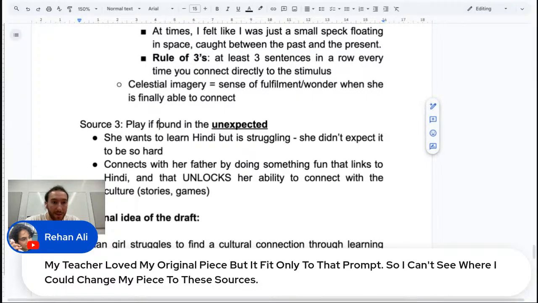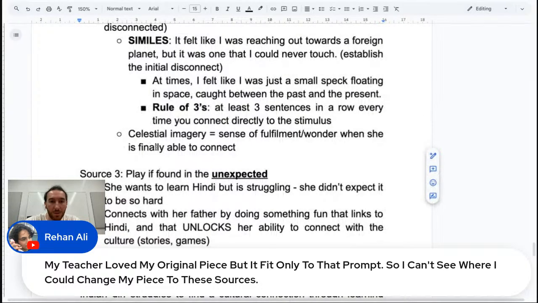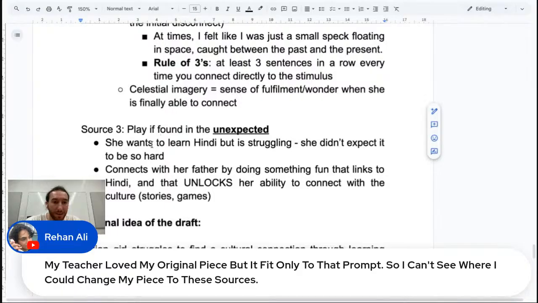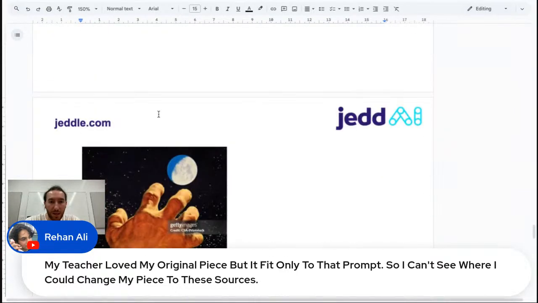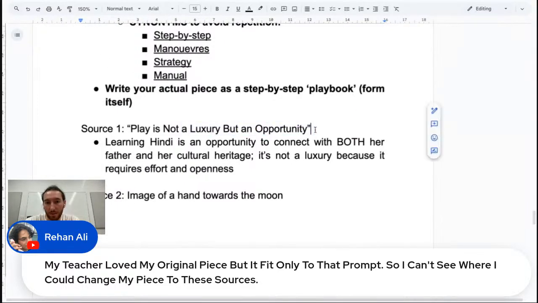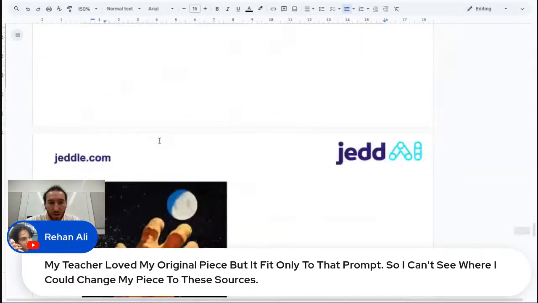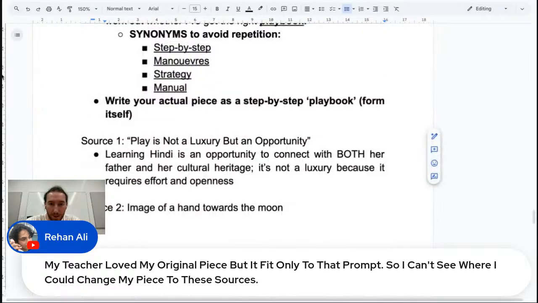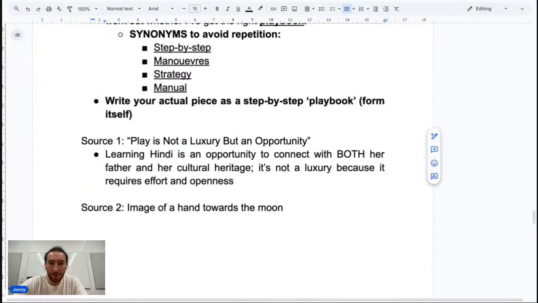I thought that this was going to happen. Like, you already had her trying to learn Hindi. What was unexpected is that it was through her father. So that one's clear. We've been through that a lot, and yeah, play is an opportunity. It's the same thing. So source one, source three, the same. Hopefully that is clear enough for you.